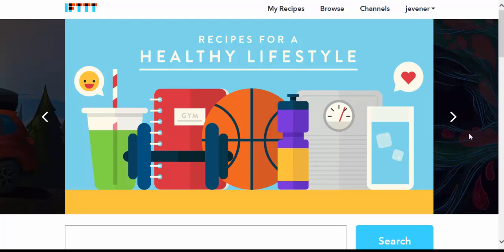Everyone, wanted to show you an app and an online tool called Ifttt, if this then that, which is a great tool for automating the things that you do with the internet and with your mobile device on an everyday or a weekly basis. I'm going to show you today how to create a recipe on the Ifttt website rather